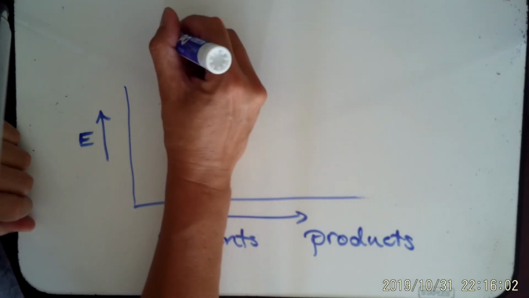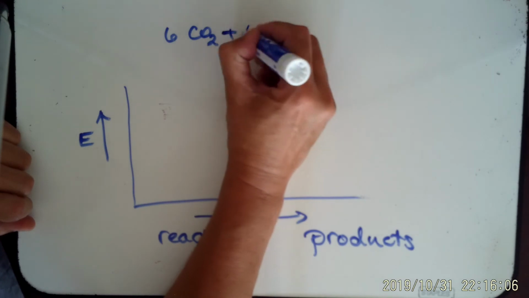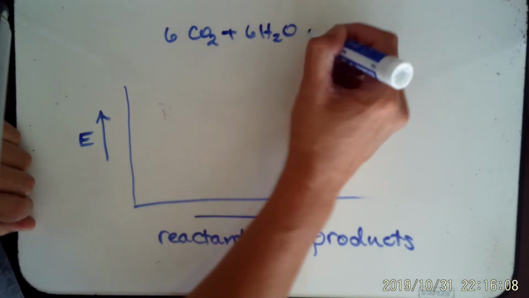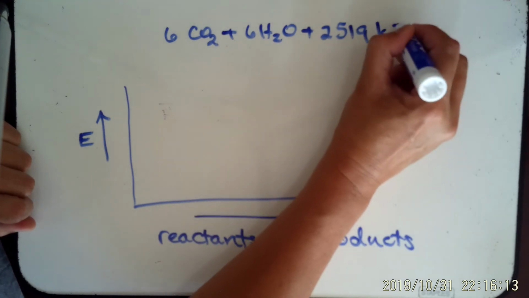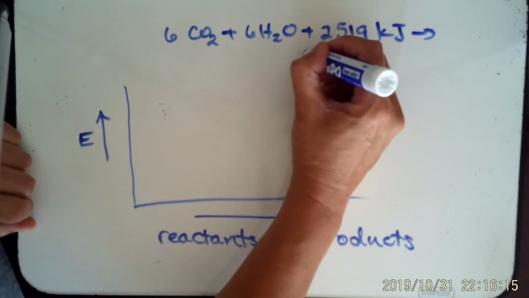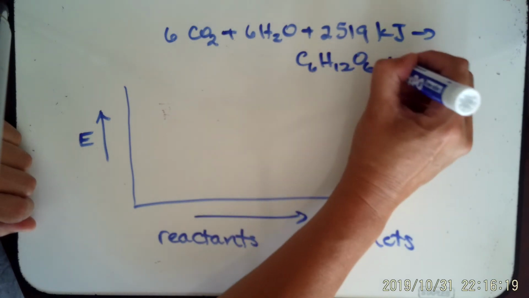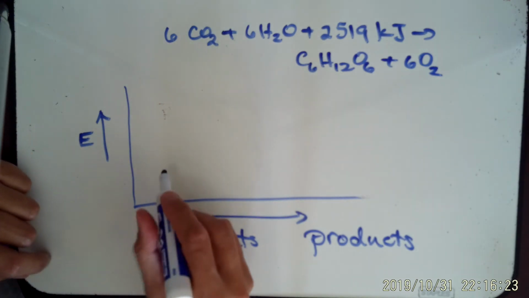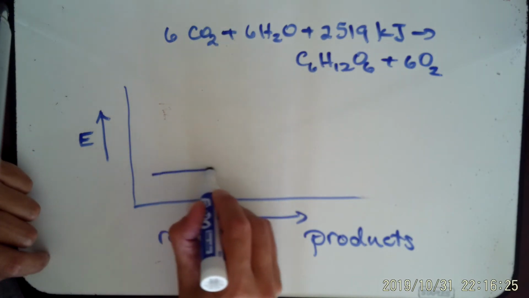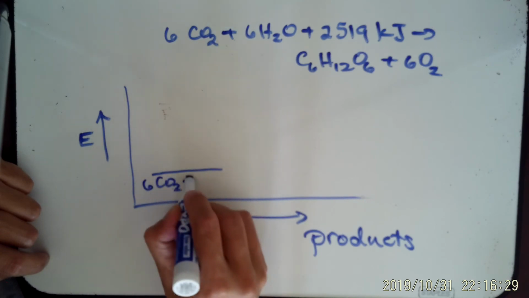Let's do this one. 6 carbon dioxide plus 6 waters plus 2,519 kilojoules gives me glucose plus 6 oxygens. Okay, so here my reactants are carbon dioxide and water,